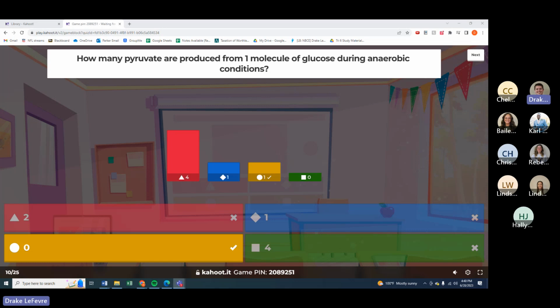I got you guys. Okay, so who can tell me why the answer is 0? Because in anaerobic conditions, it would be lactic acid. Very good. These are the kind of things. So anaerobic, please